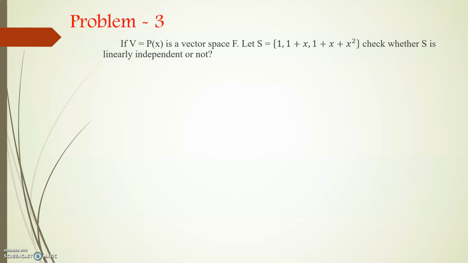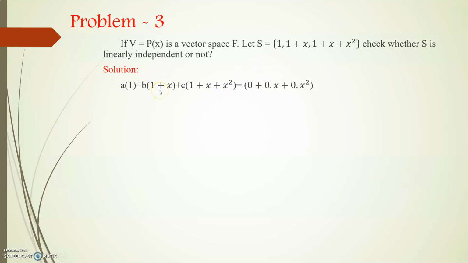Previously we saw how to use a linear combination of the vectors. So a times the first element plus b times the second element plus c times the third element equals the right hand side, which we also write as a polynomial of degree 2: 0 + 0x + 0x². If the vectors are defined as matrices, the right hand side is the zero matrix. Here the polynomial is given, so the right hand side is also a polynomial in x.